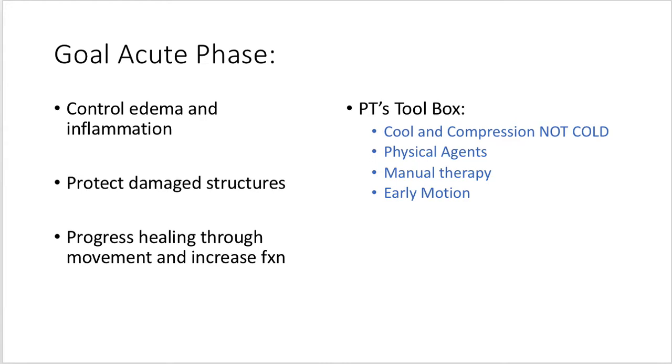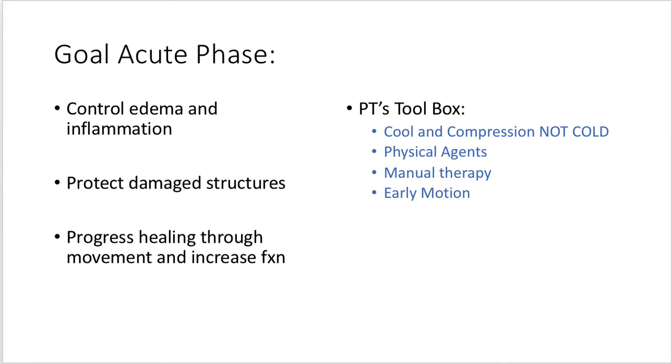Okay, so let's switch gears a little bit. What is our goal during our acute phase of rehab? Most of the time, it's to control our edema and inflammation. It's to protect our damaged structures, right? So someone comes in, and obviously, if they've been in any type of acute injury, there's damage to soft tissues, might be damage to the bone, cartilage, all of that kind of stuff. So we want to protect those. In our body, that's why our body swells up. If you think about it, it's restricting motion and mobility to create healing. So our bodies are actually really smart that way.